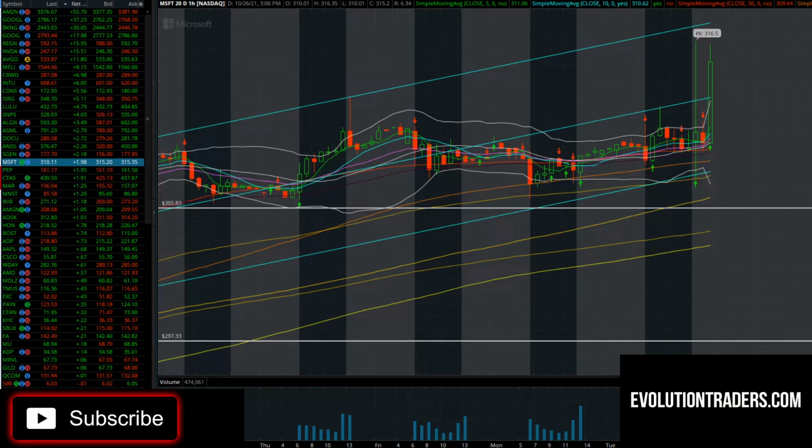But taking a look at Microsoft, closed at $310, currently up at $315.20 after hours. So we were up about 0.5% on the day. What I want to look at here is going back to right when these earnings were reported, we did hit highs of 316.50, and now currently 2 hours after the market has closed, we are trying to work our way back up there, currently at 315.20.